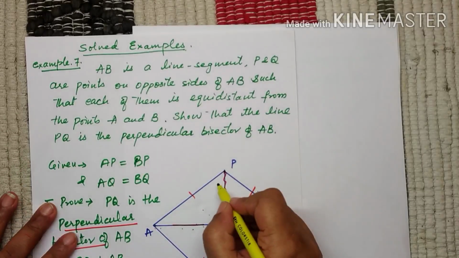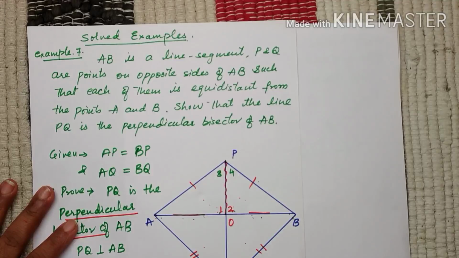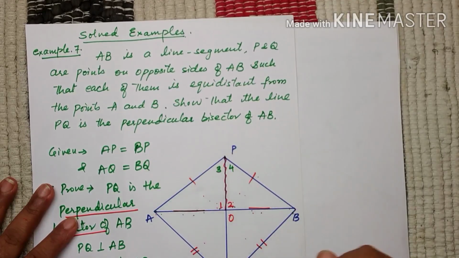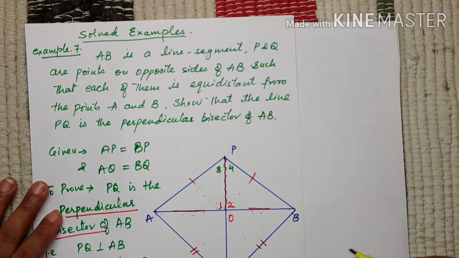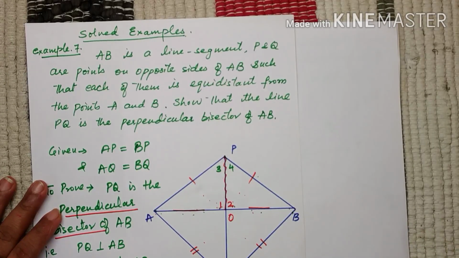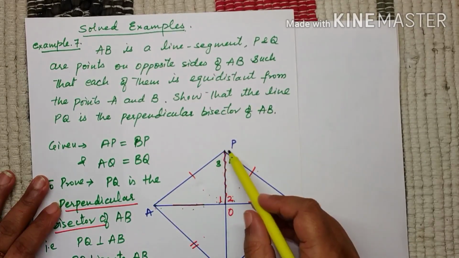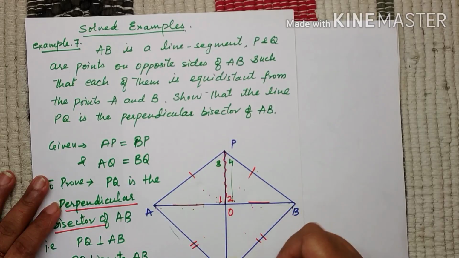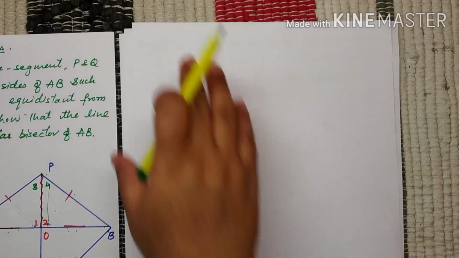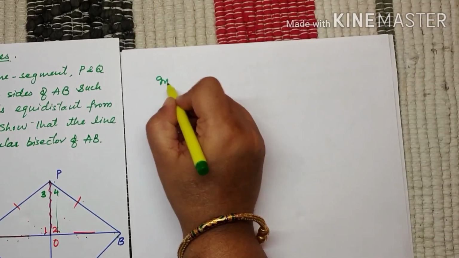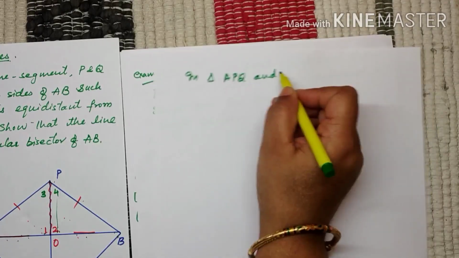And what is the included angle? These angles 3 and 4. So I need to prove these angles 3 and 4 equal. With whatever is given, I cannot prove these angles equal. That means in order to prove these angles equal, we need to prove something else. What else can we do is, if you look children carefully, there are bigger triangles, APQ and BPQ. So we'll prove these two triangles congruent. Now in triangle APQ and triangle BPQ.